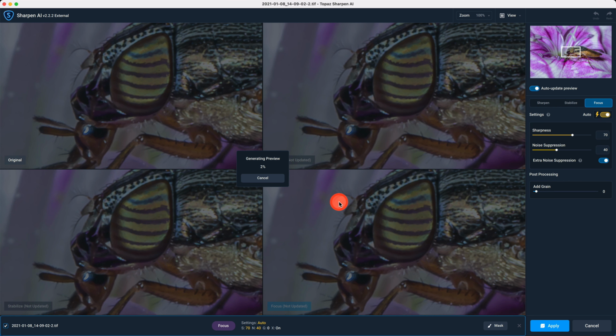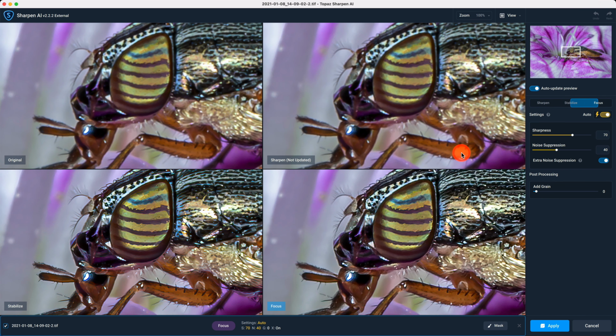Now this is a view I prefer in most of the Topaz tools. You can always click on view and take this comparative view, so you will get a far better idea of which mode works best. Of course, that would be for a particular given image. Although I will get into more details on the individual tools in later videos, in this particular case, it has chosen the focus mode, and this is what will generally happen with macro shots.